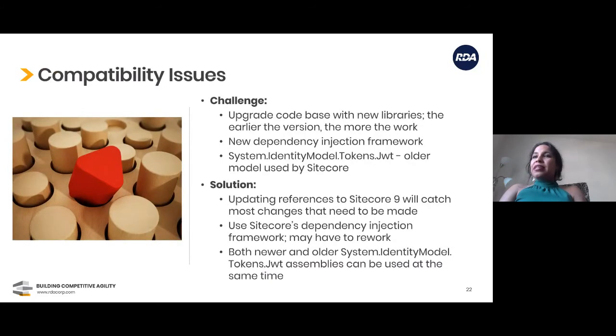All right, compatibility issues. There'll be a ton of compatibility issues as you upgrade your code base with new libraries. But again, you already touched on that, Ken, in terms of how you get through updating all of your references. A few big things of note: there's a new dependency injection framework. So if you have written your own, or if you're using your own dependency injection framework, you may have to use Sitecore's or one that is compatible with Sitecore's. And then